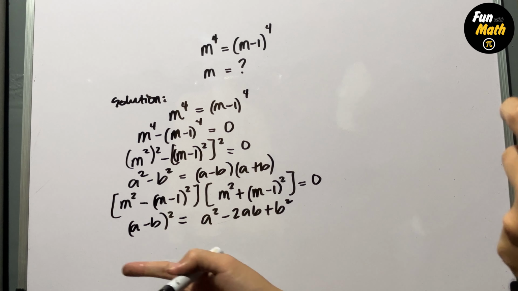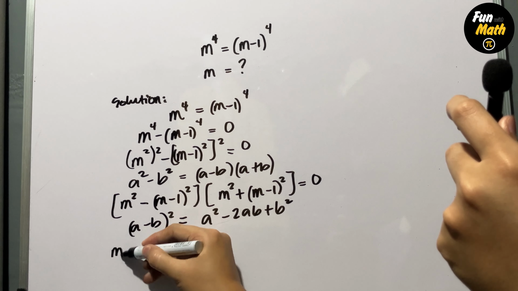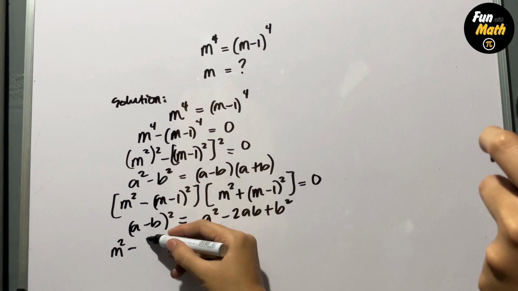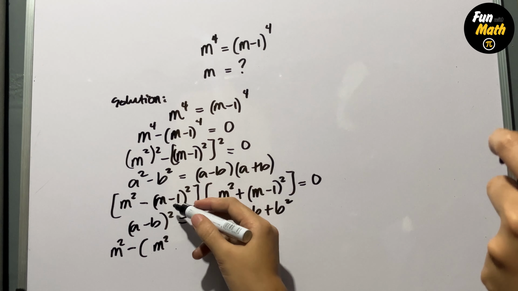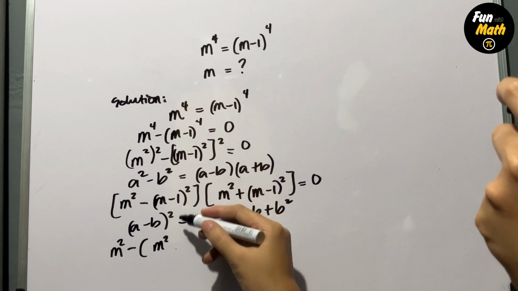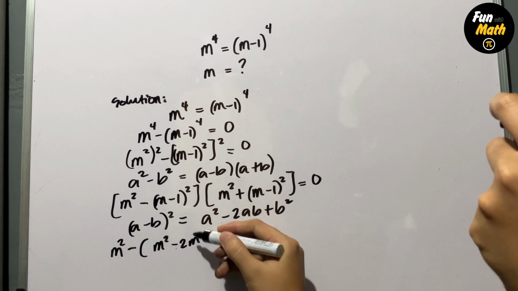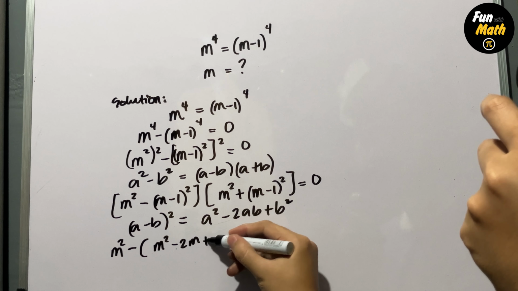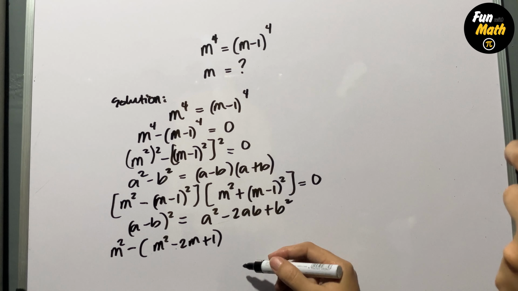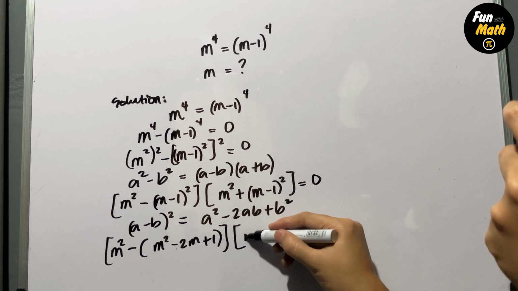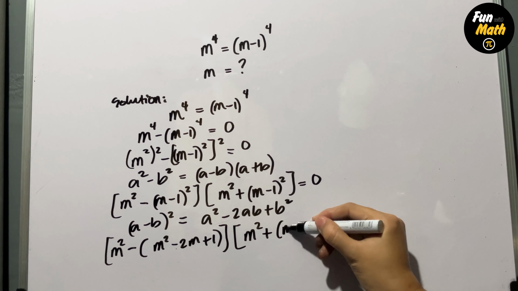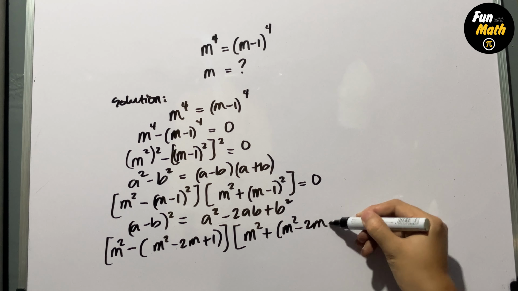So we write this as m squared minus (m squared, 2 times m times negative 1, that is negative 2m, negative 1 squared, that is positive 1), times (m squared plus m squared minus 2m plus 1)